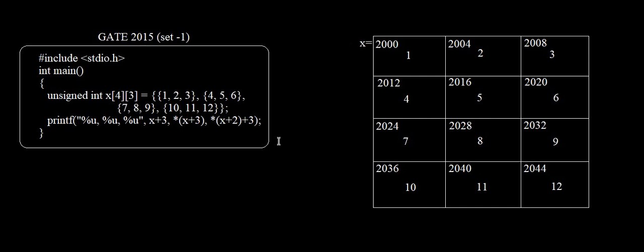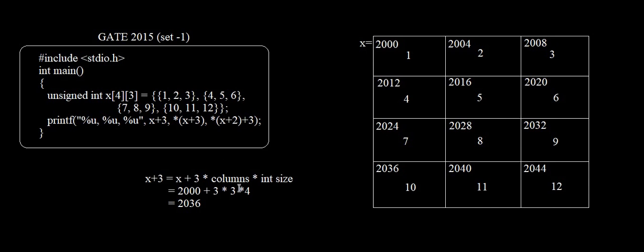No, it is not like that. It is a pointer, so you need to have a look at this. Here plus 3 means you skip 3 rows: 1, 2 and 3. It will give you 2036. Why is it 2036? We can say x plus 3 is equivalent to x plus 3 into the number of columns